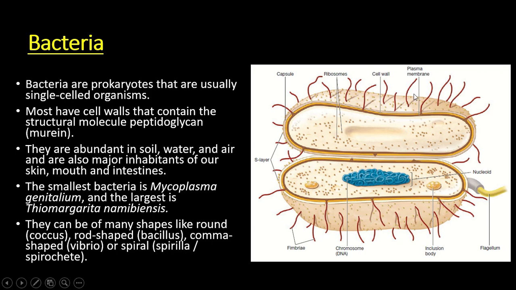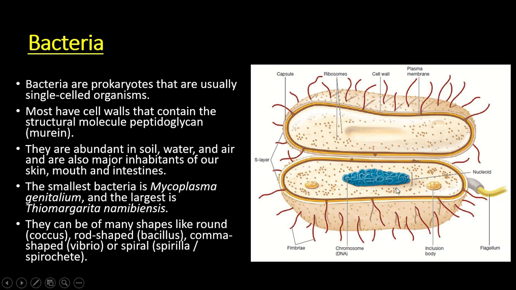So just taking a look at this diagram, this is the structure of a bacterium. It has a cell membrane and also its cell wall, which is made up of peptidoglycan, and inside there are numerous ribosomes. Sometimes it has a capsule layer, and there are many extensions. Then the chromosome is circular, the coiled chromosomal DNA,